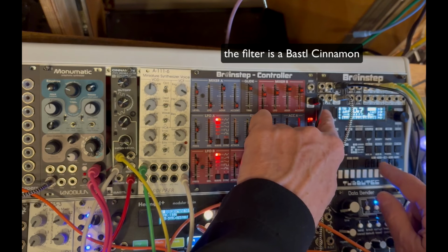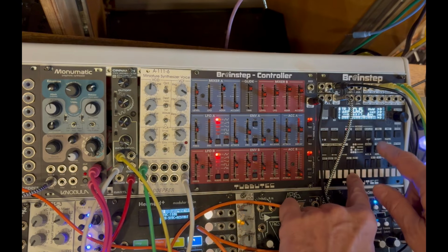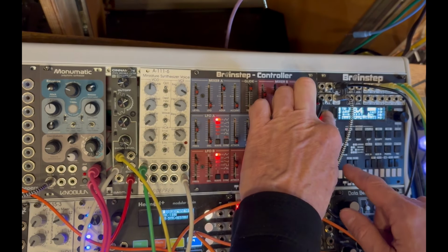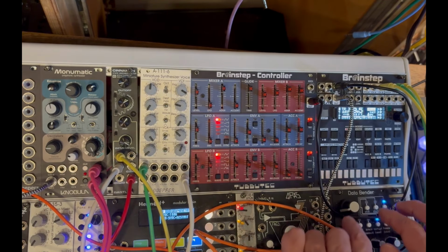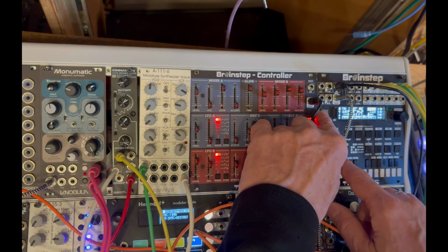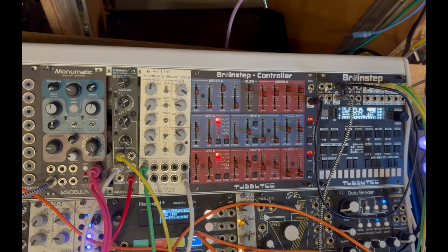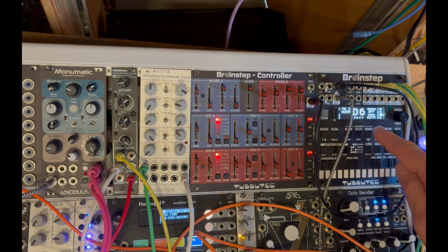And I'm now using hold mode, which I can turn off. And then I can play my arpeggio, turn it on again. And now change the direction. And the arpeggiator can also adapt some rhythms from other sequences, and it could also, if the up is turned